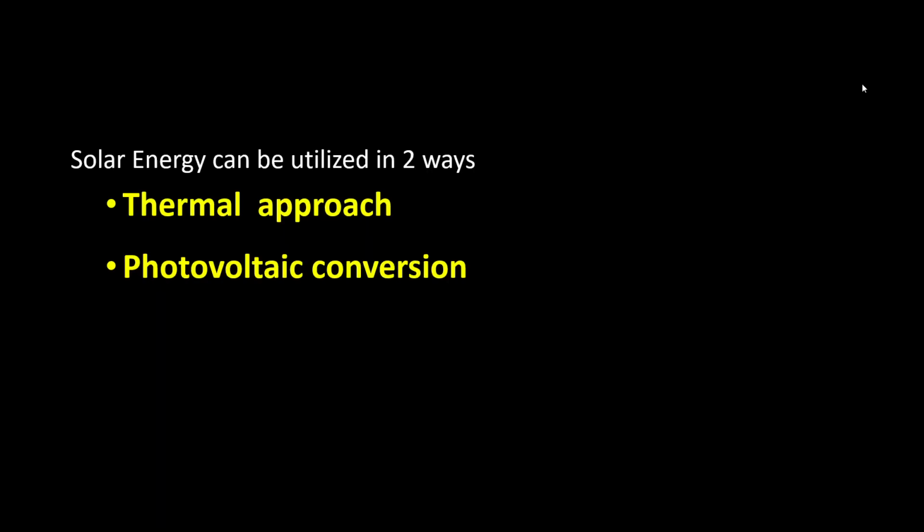So let's start. Solar energy option means by which options we can make use of the solar energy, which is abundantly available in nature. Currently we have two options, that is the photovoltaic option and the thermal approach. In this session, I would like to handle the thermal approach. The thermal approach means the thermal energy in the solar radiation: how we can effectively collect it, how we can effectively store it, and how effectively we can utilize it in our day-to-day life. All of this is covered in the thermal approach.